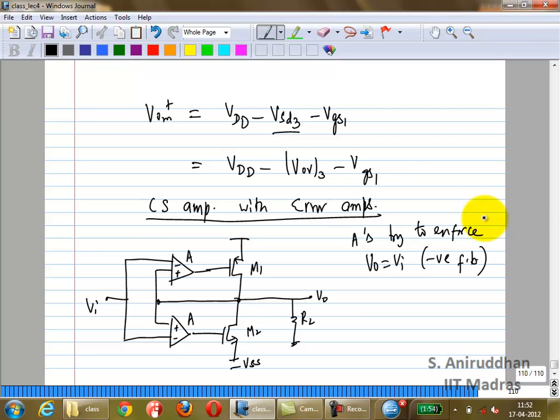Why would you want to do this in a general case? Why not just directly use M1 and M2 and connect input to output? What are the other effects of negative feedback? What else does it affect? So if you have a power amplifier like this, what do you want the output impedance to be? You want it to be low, right? If you just directly use the MOSFET, what is the output impedance? It will be RDS1 parallel RDS2, which will be quite high. Correct? And we know that negative feedback tends to move it towards the more ideal case. Anyway, I want you to analyze the negative feedback in this. You can show that